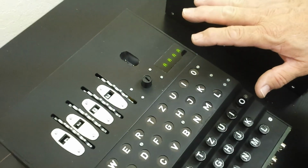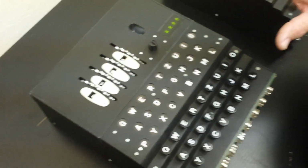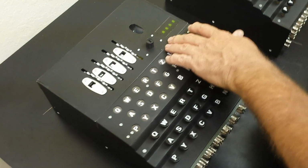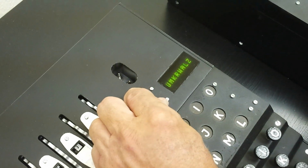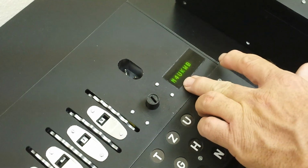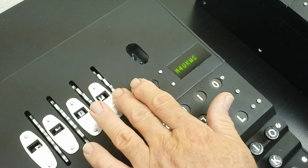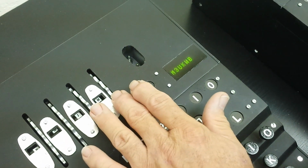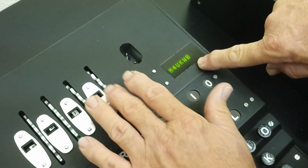This machine and this recreation will do all of the machines from World War II. It will do the German subs or the Army and Air Force machines, which were generally 3 rotor machines. To select the machine type, you would take this, which is usually a key lock, and switch it over to the left, and it asks you which machine type you want. This is a 4-rotor machine with a B-type reflector. You could choose a 4-rotor machine with a C-type reflector, a 3-rotor machine, another 3-rotor machine with a B reflector, or 4. So we're going to go ahead and choose M4